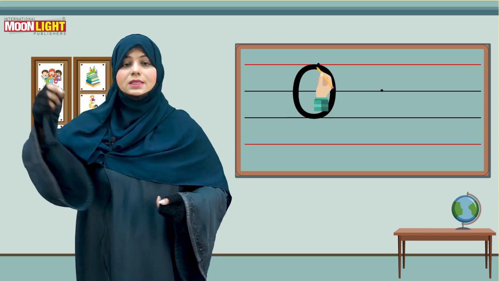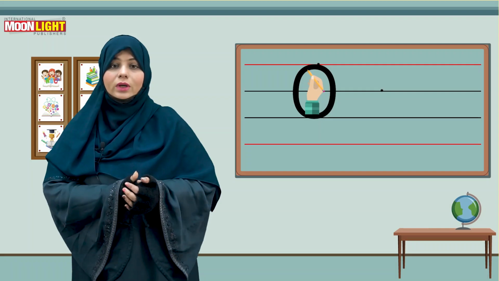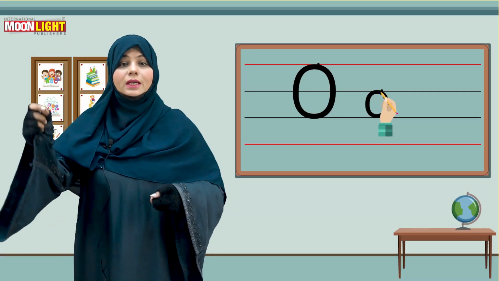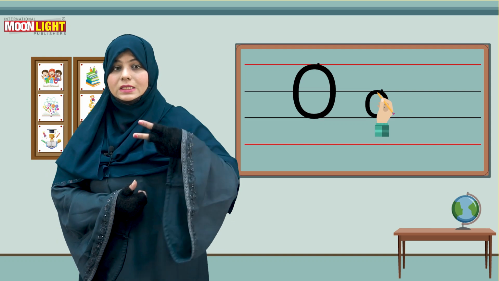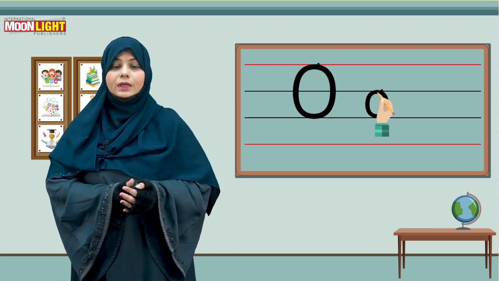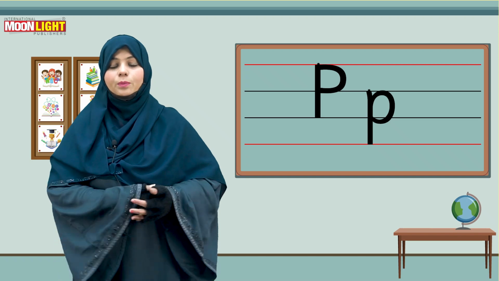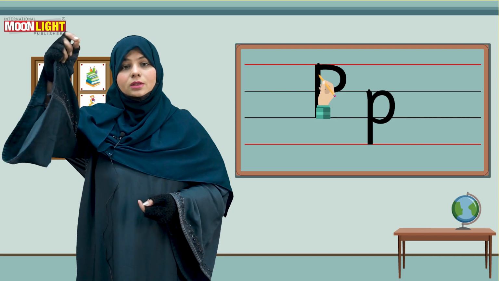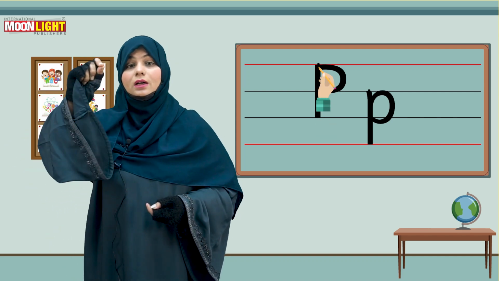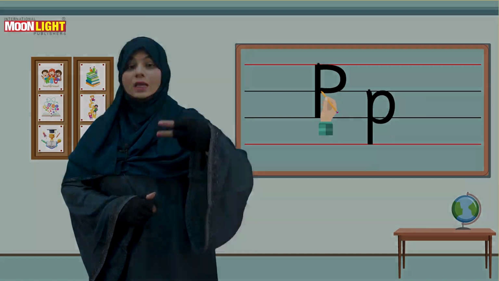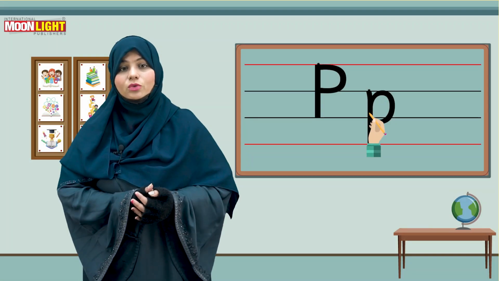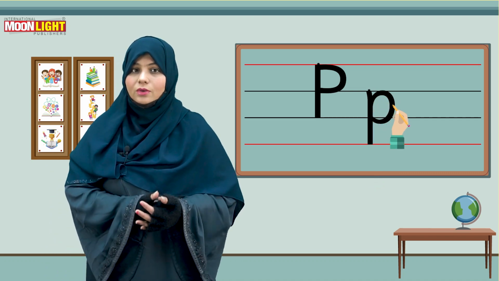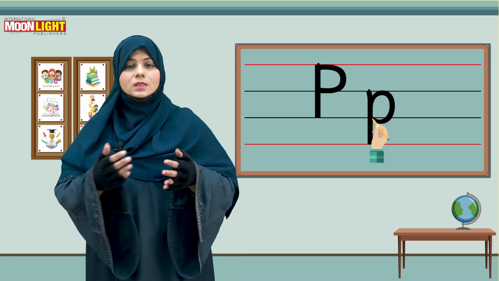For letter O, make a circle in the upper three lines. We have to make an oval type circle in the upper three lines, and for small o we have to make an oval type circle in the center two lines. It will become our capital and small letter O. Yes, this is letter P. Their faces are the same. We have to write letter P in the upper three lines, a straight line in the upper three lines and a small half circle in the upper two lines. After that, make a small p. Draw a straight line from the second line to the last line and make a small half circle in the center two lines. It will become small letter p.